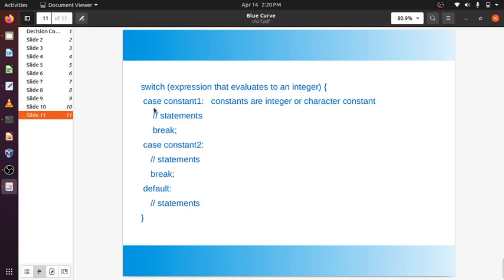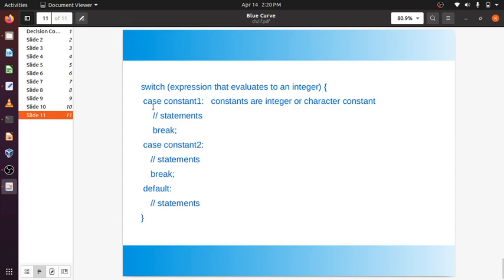How is this done? Suppose x equal to 5, do this. Instead of that, case 5 colon, after that a group of statements, after that break. Okay, case 6 colon, group of statements, after that break. Why is break necessary?